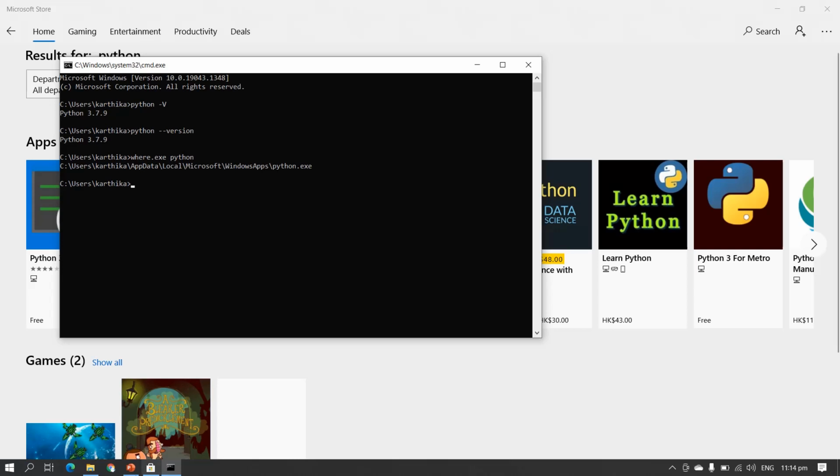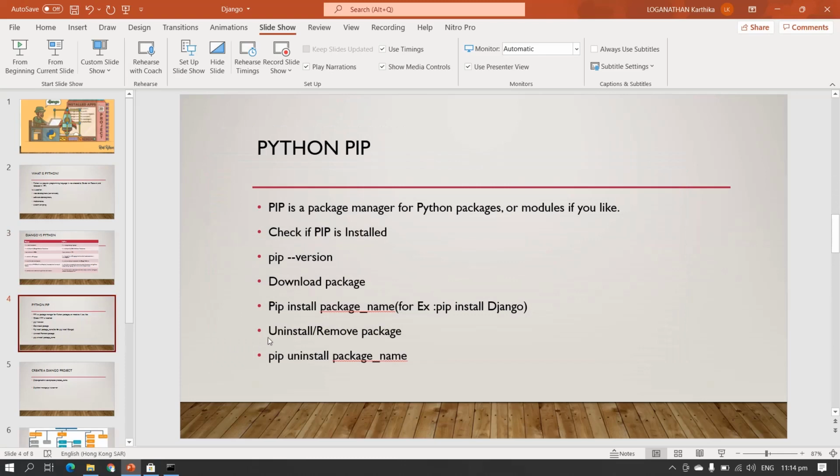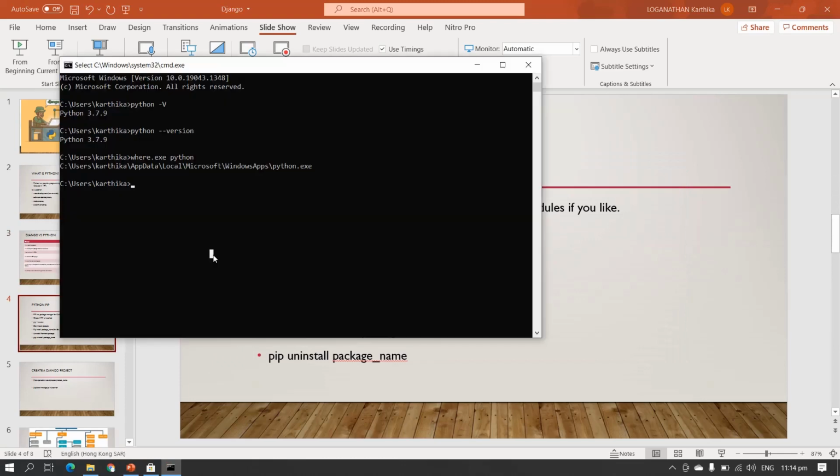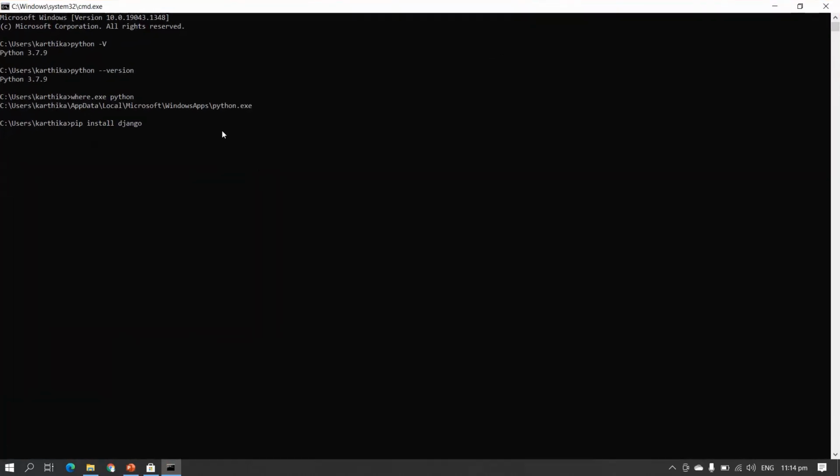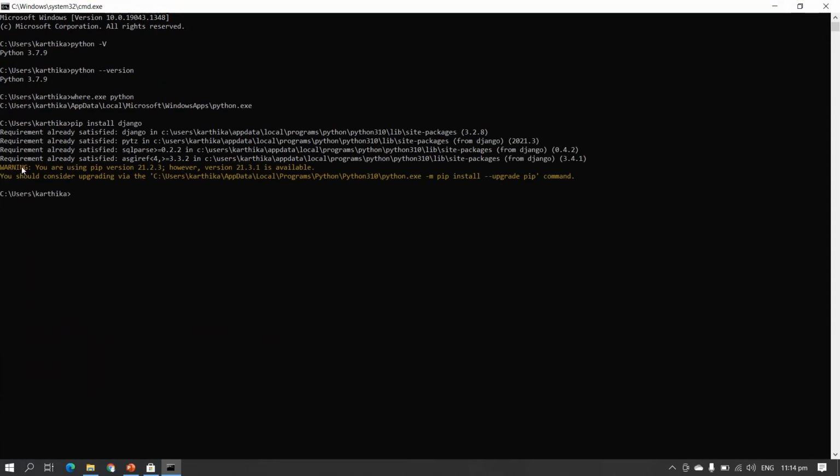See here, install. It says requirement already satisfied, which means I already installed it on this machine. If you want to upgrade, give the command pip install --upgrade pip. We must create a virtual environment, because Python software packages are installed system wide.